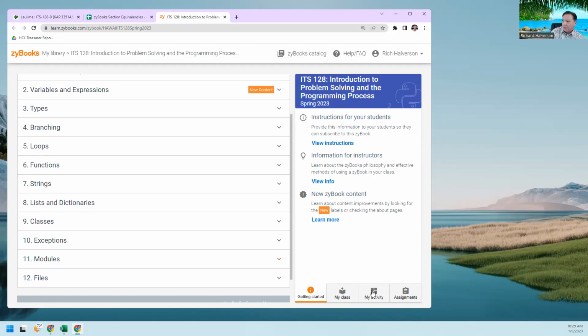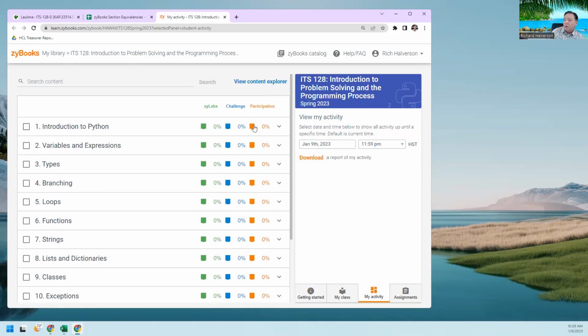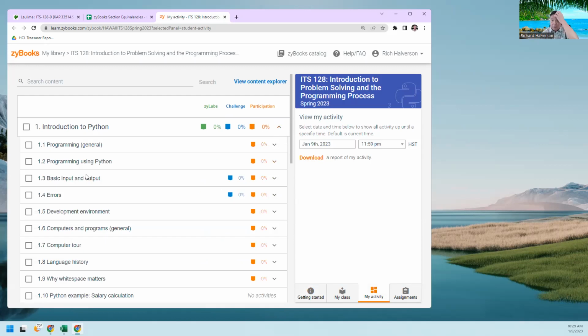If I click on my activity, I think you see this. The orange section says the percentage of participation activities you've done, the blue is the challenge activities, and the red is the actual zyLabs. So if you open this up, you can see there are